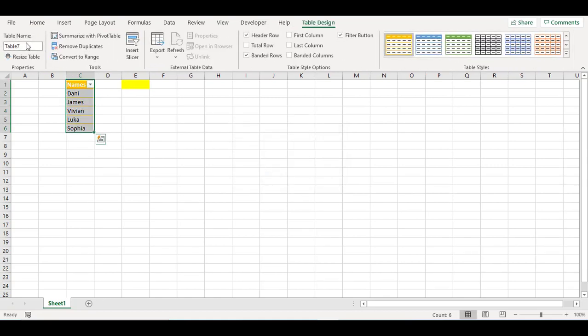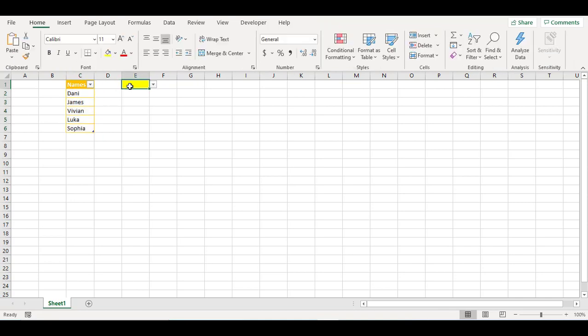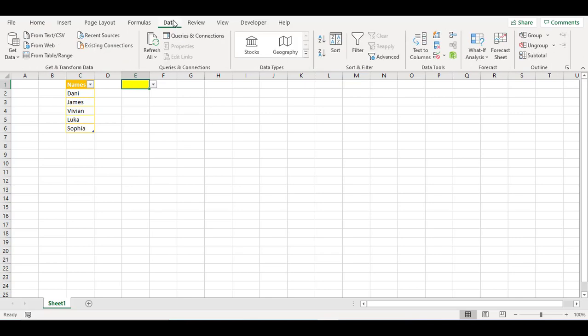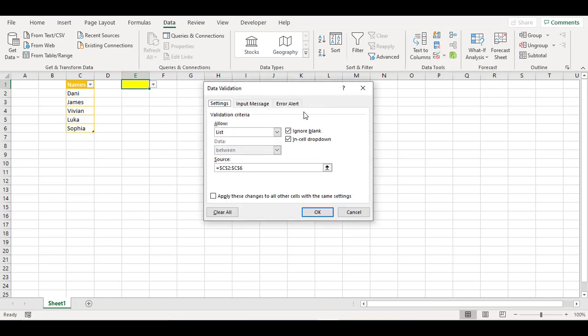And so it's really important to check over here because we will really need the table name for our next step. So I'm just going to copy the table name, which is table 7. Right, and then now we have to link these two together. So for this, I'm just going to select this and go to data, and then go back into data validation,